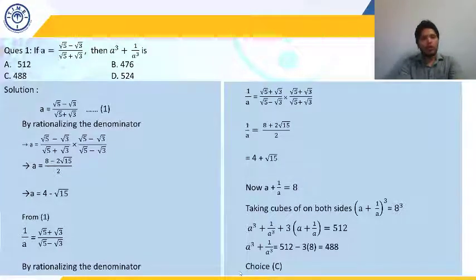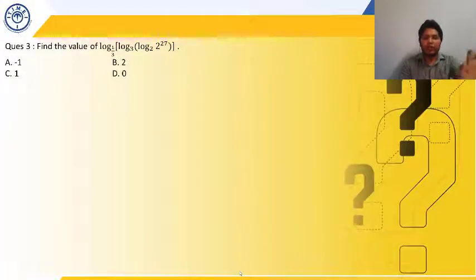Right, let's move on to the next question. Question number 2. Whatever question numbers are coming, these have been taken from the handout which you already have. This is question number 2 of this class, but it is question number 3 of your handout. So for your convenience, I have put the question number from your handout only. So this is question 3 of your handout.